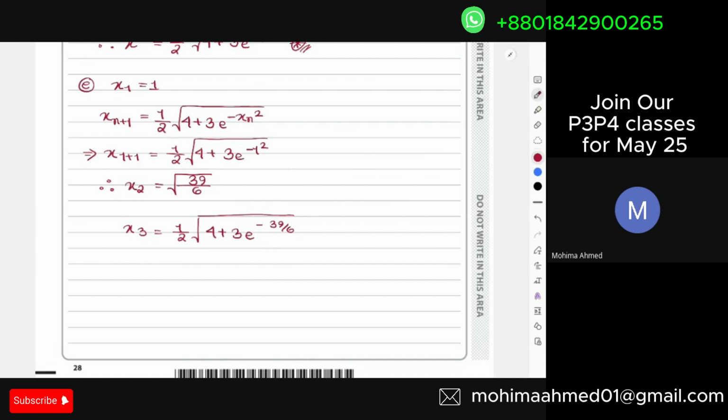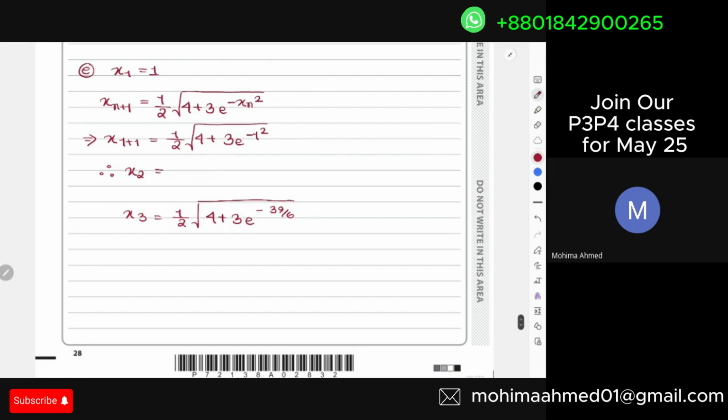Wait, sorry, I'm actually getting a math error value for this. 1, 2, root 4 plus 3 exponential minus 1 square. Sorry, I made a mistake. This over here, the value for this was actually